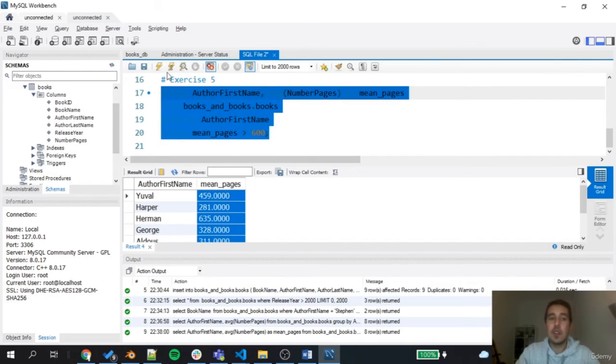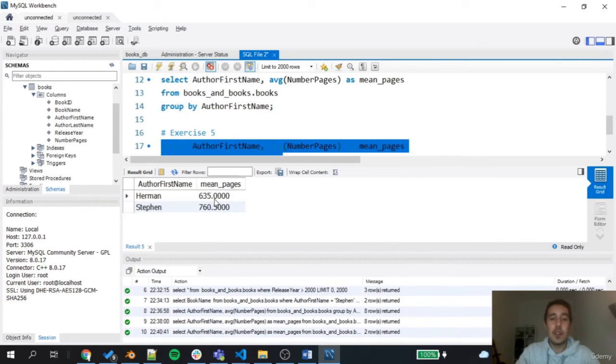And in this case, I'm going to run this one. And there you go, we only have 2 authors that match this condition. So this doesn't mean that we are only including the books that have more than 600 pages. What this means is that we are just filtering the authors that write on average more than 600 pages in their books. Okay, and these 2 authors, Herman from Herman Melville, because I think we only have Moby Dick,